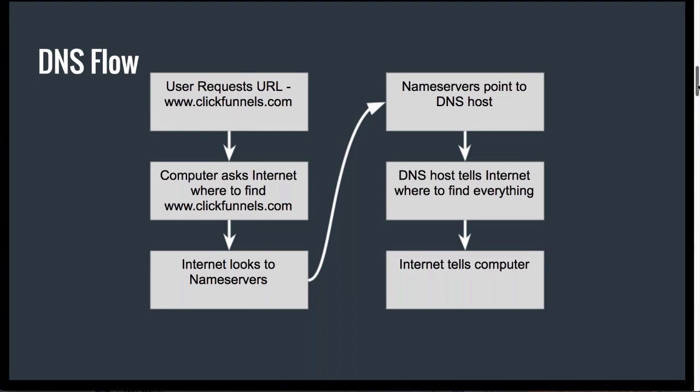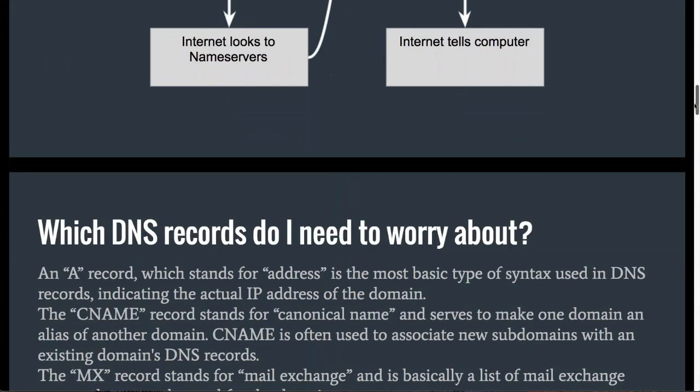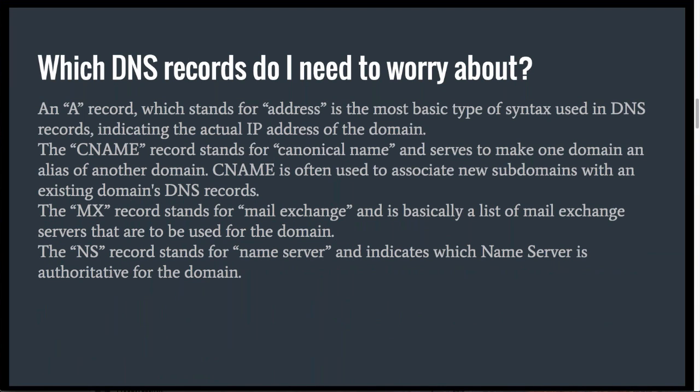There you go. So let me go ahead and go on, because I don't want to focus too much on that part. But these are the DNS records you need to worry about. An A record stands for address, and that's going to point to an IP address. A CNAME stands for canonical name, and that is going to make one domain an alias of another domain. And so you're going to see this a lot when you're setting up ClickFunnels as well as SendGrid. Okay? MX record stands for mail